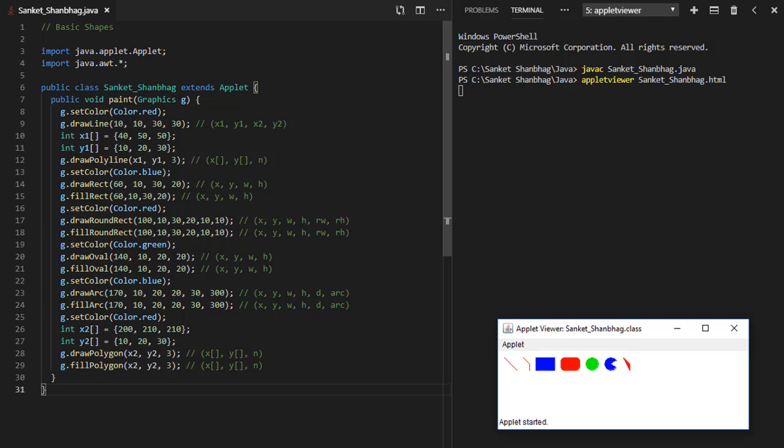In the next program, I am going to cover basic shapes. We can draw line, using drawLine method, with parameter as coordinates of two ends of line. Draw polyline, using drawPolyline method, with parameter as coordinate array and number of points. Draw rectangle, using drawRect method, and fill rectangle, using fillRect method, with parameter as coordinates of top left corner, width